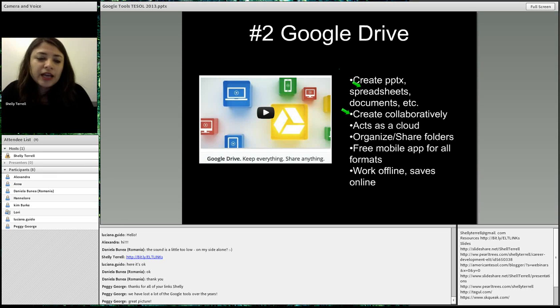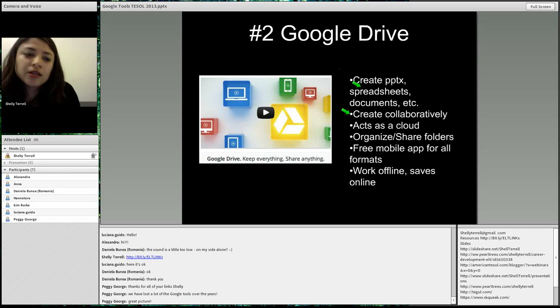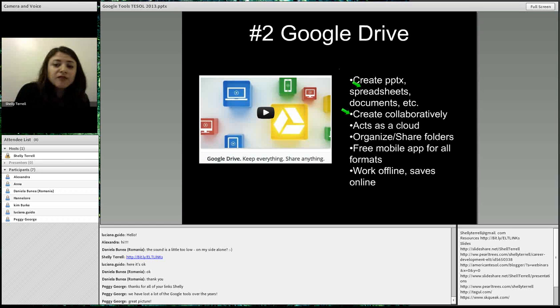So you can access it, for example, on a mobile device. You can access it anywhere that you have a tablet, like an iPad or something. You can access it on that. So there's quite a few things that you can access by being on this imaginary cloud. It's free. They give you so many gigabytes.